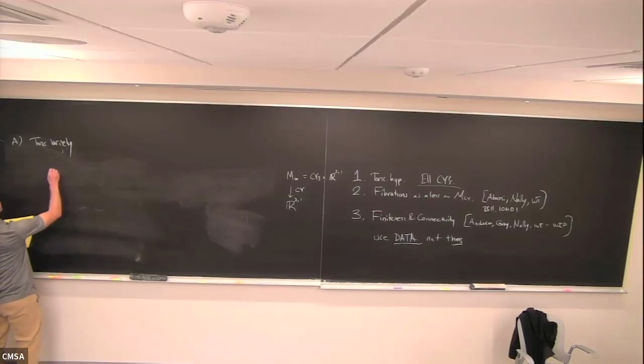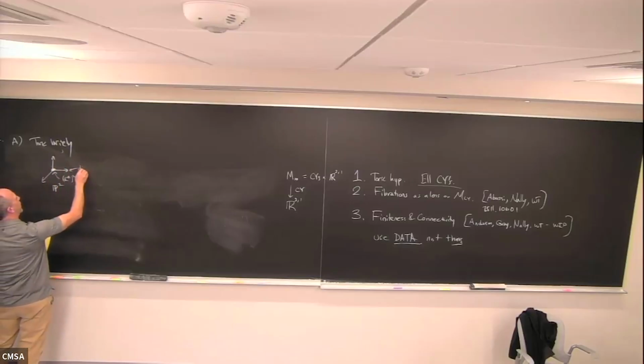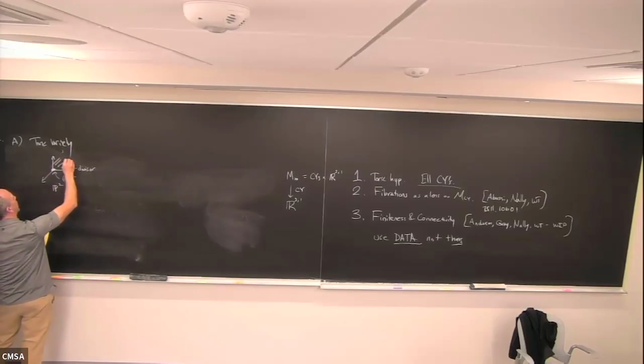So our simplest toric variety is P2, complex two-dimensional projective space. Just to remind you how this works, we can think of this as kind of an inversion of a picture of P2, where the point at the origin is C star squared, and then each of these things is a divisor. So the dimensionality is, as you know, kind of flipped. The biggest dimensional thing is the point, then we have divisors, and then these things are points.